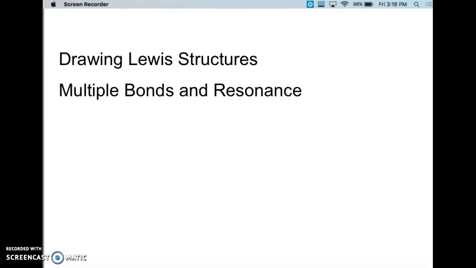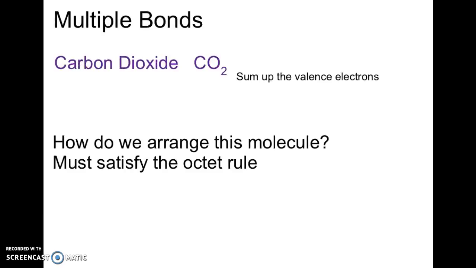Okay, Honor Chem Kids, we are going to talk about how to do Lewis structures and how to also draw resonance structures. In order to do Lewis structures, we learned about single bonds. There's also double bonds and triple bonds, which we call multiple bonds, that I'm going to show you in this video how to do. If we had something like carbon dioxide, the first thing we would want to do is